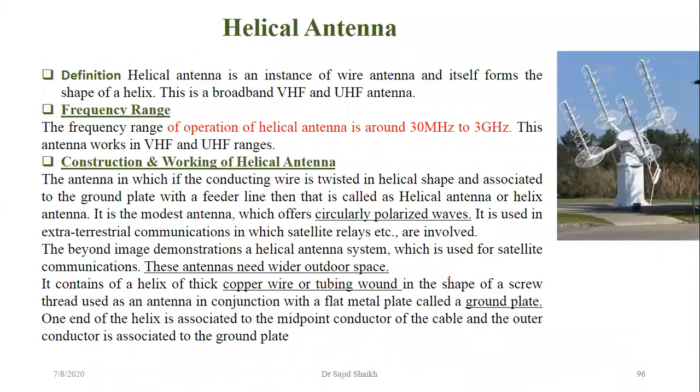Okay. The second type of antenna is the helical antenna. When we are going to study the different types of antennas, you have to remember the major parameters which differentiate all these antennas. So the operating frequency range is one of the very important parameters. Okay, so these helical antennas are used for 30 megahertz to 3 gigahertz frequency. That means we can say these antennas are useful for the very high frequency to ultra high frequency range.